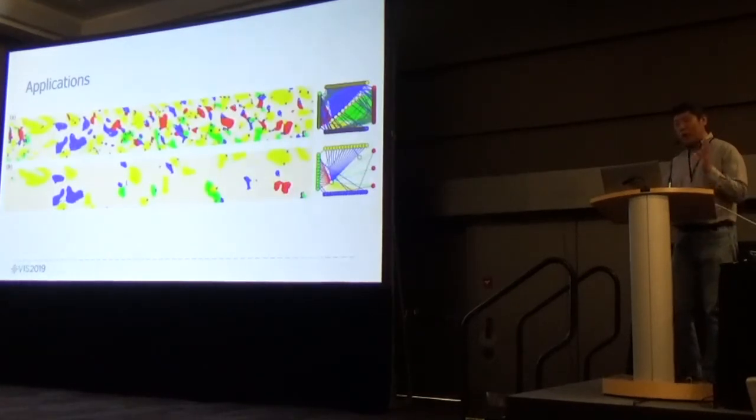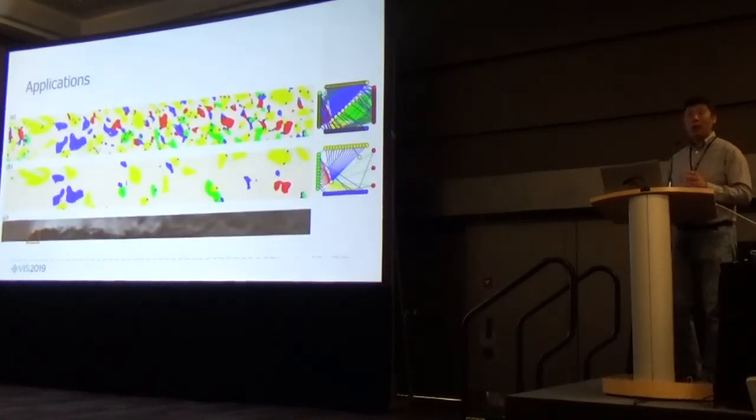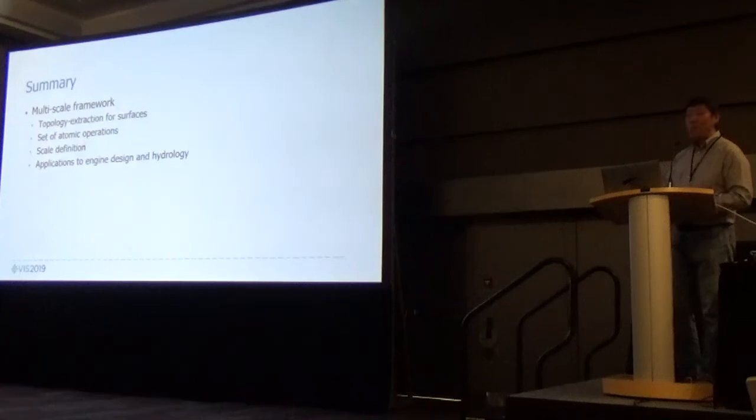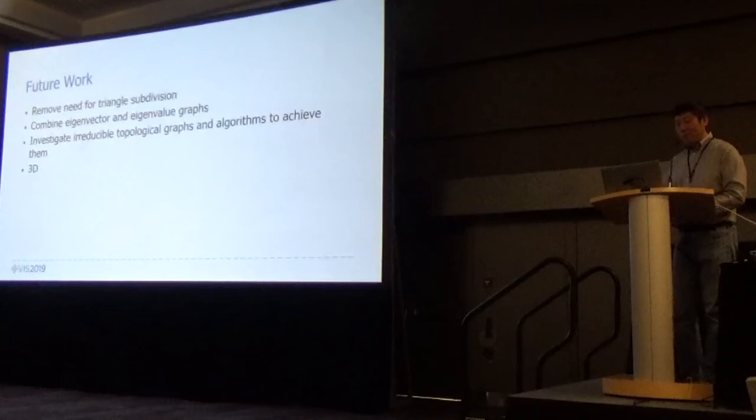The next application is about rivers, and in this data, the idea is, can you spot some sort of underwater features from the top, from the surface? You cannot really do that with a river map, but after doing the simplification, you can easily identify the seal underneath the water. So to summarize, we have built a multi-scale framework for asymmetric tensor fields,